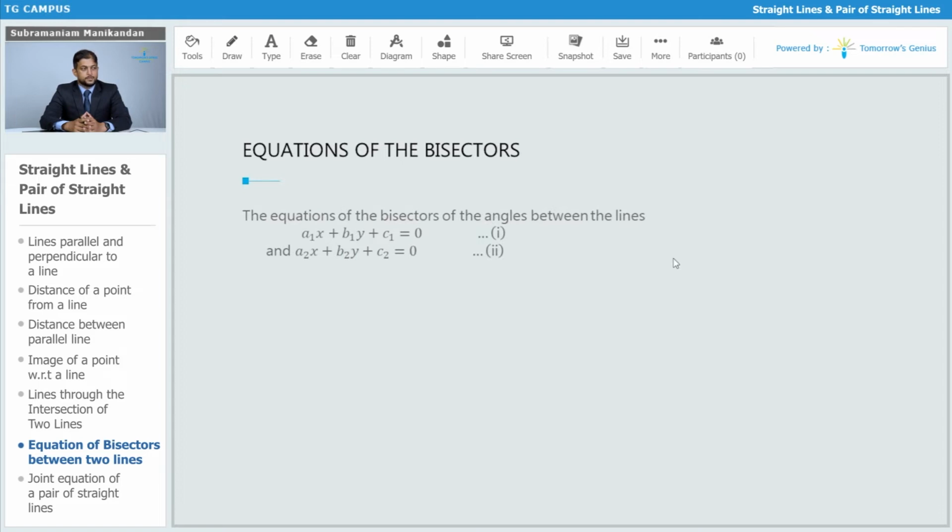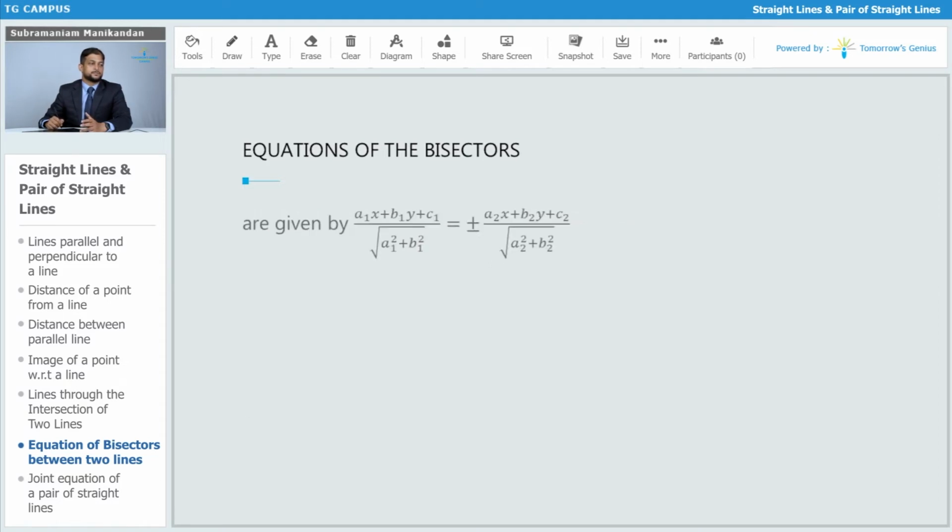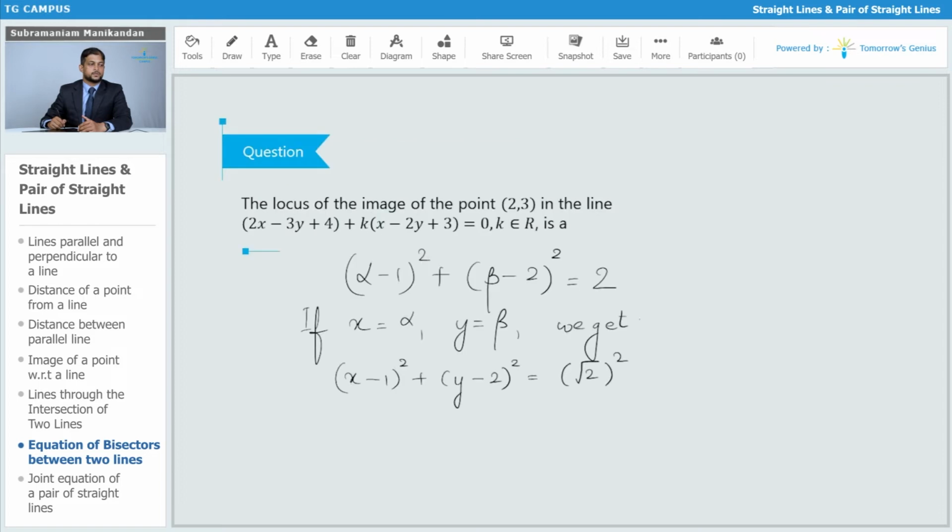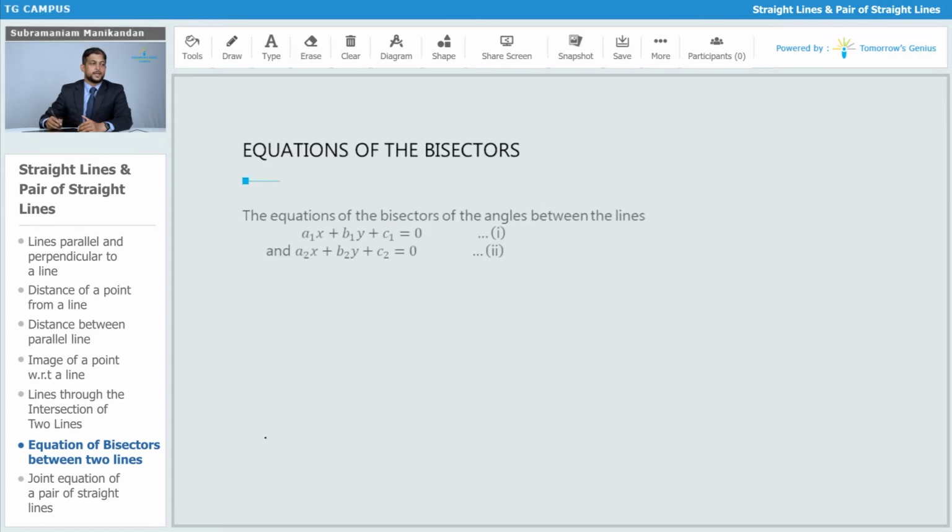The equations of the bisectors of the angles between the lines a1x plus b1y plus c1 equals 0, the first equation, and a2x plus b2y plus c2 equals 0, the second equation, is: a1x plus b1y plus c1 by square root of a1 square plus b1 square is equal to plus or minus a2x plus b2y plus c2 divided by square root of a2 square plus b2 square. And so we get,